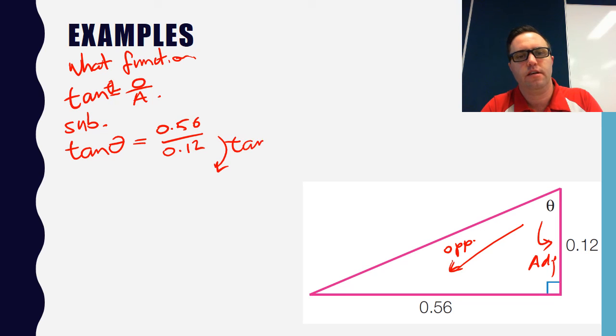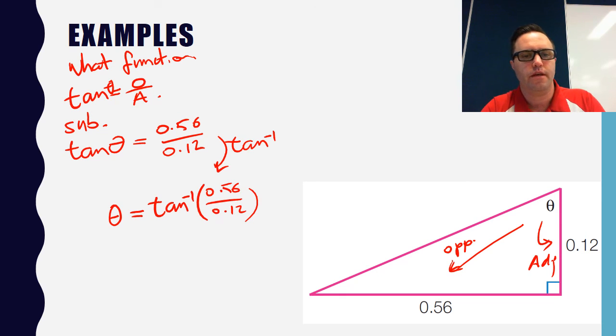So take the inverse tan of both sides, and remember that undoes the tan function. So rather than putting that giant line down there, we can put theta is equal to inverse tan of 0.56 over 0.12, and that would be equal to,